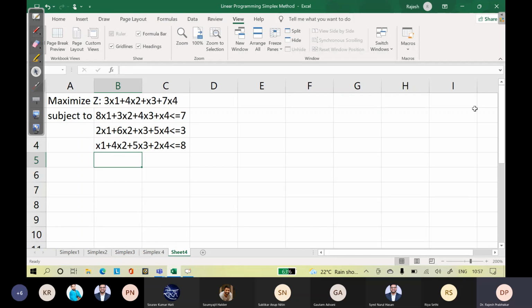And x1, x2, x3, x4 greater than or equal to 0.